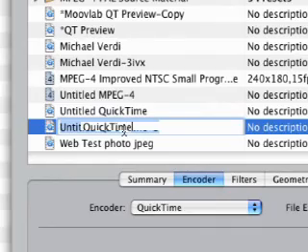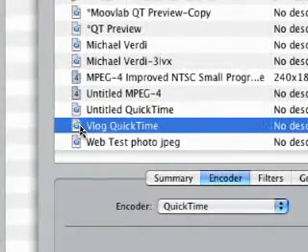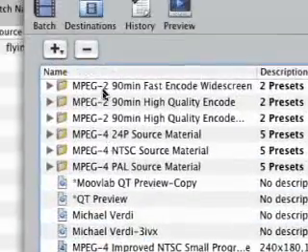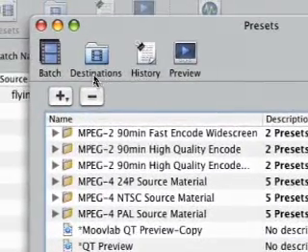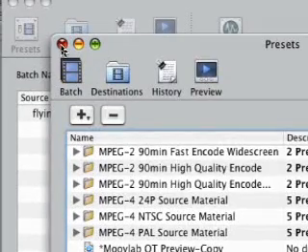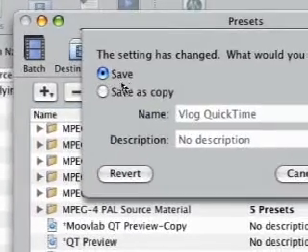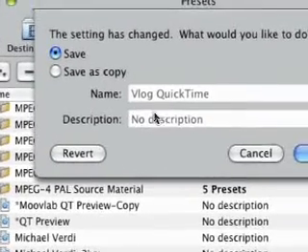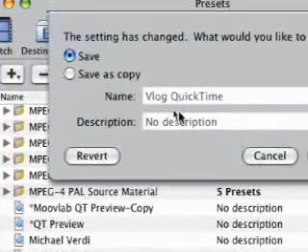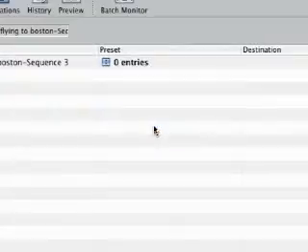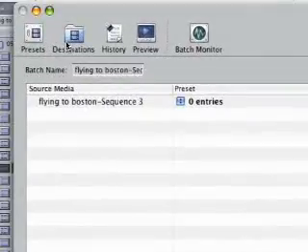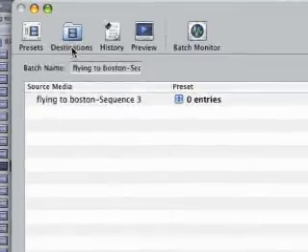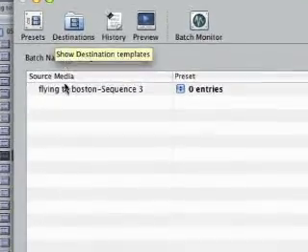This looks a little funky because I did it with a weird screen capture program. But there we go, Vlog QuickTime. And now we're going to close the preset, and it's going to ask us to save it, and we'll press OK. There you go. And now that we've done our own preset, we're going to go back into the batch monitor